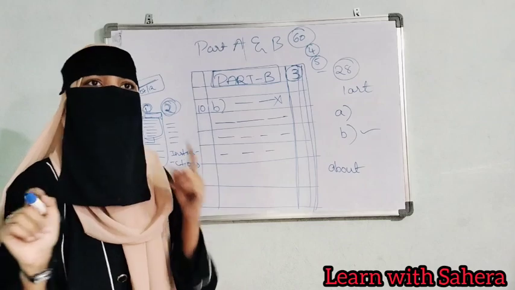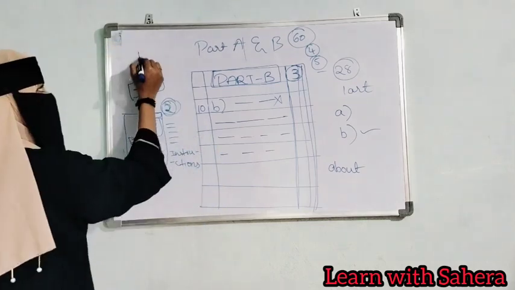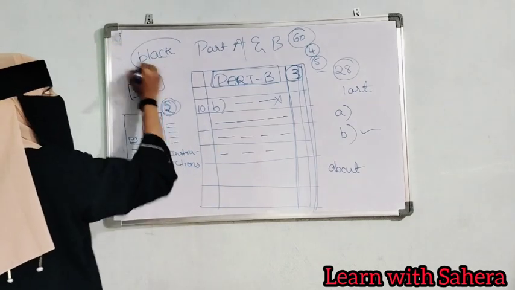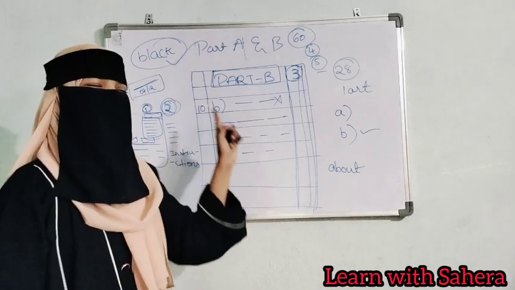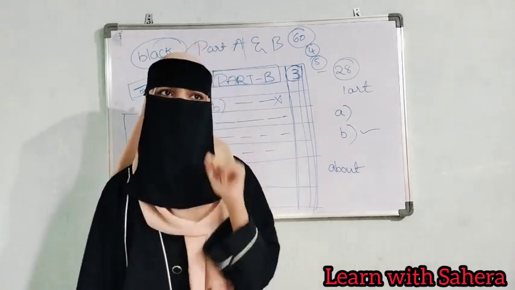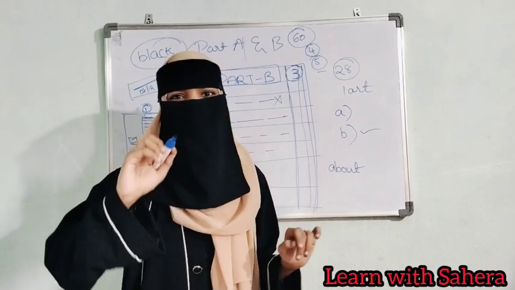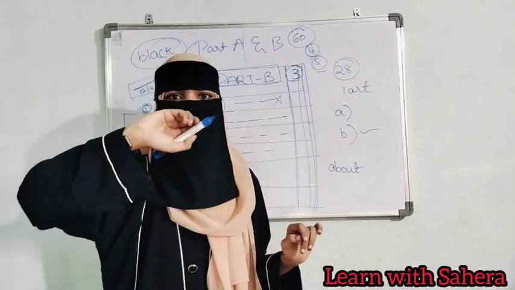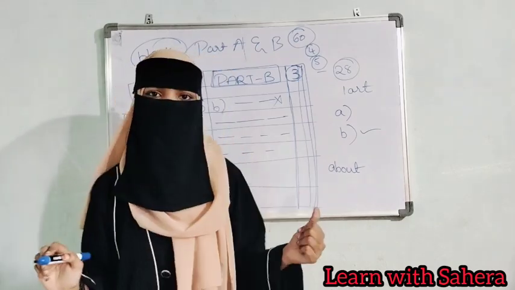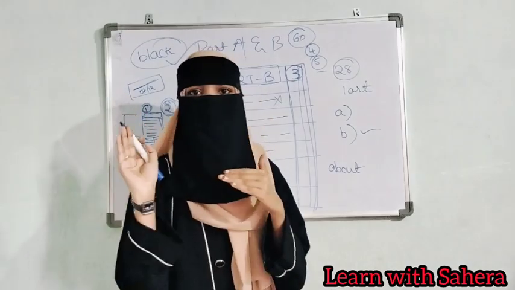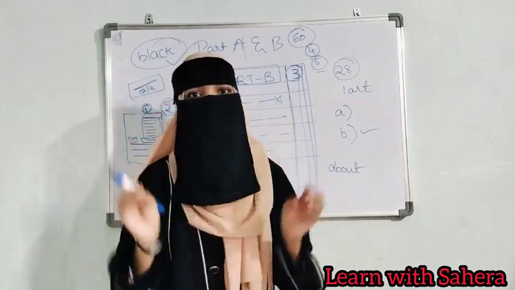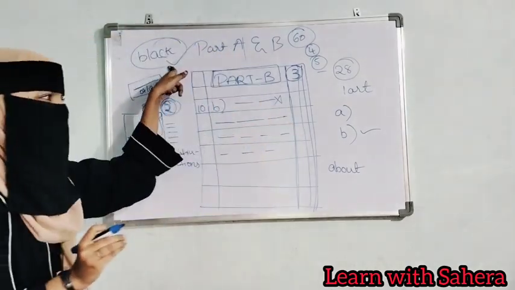And one more thing, use black pen. Give much priority to the black pen instead of blue pen, because from school to intermediate, you will be using the blue pen because the corrections will be made by hand. But now the corrections will be digital. So using black pen will be clearly visible on the screen. So use black pen, okay?